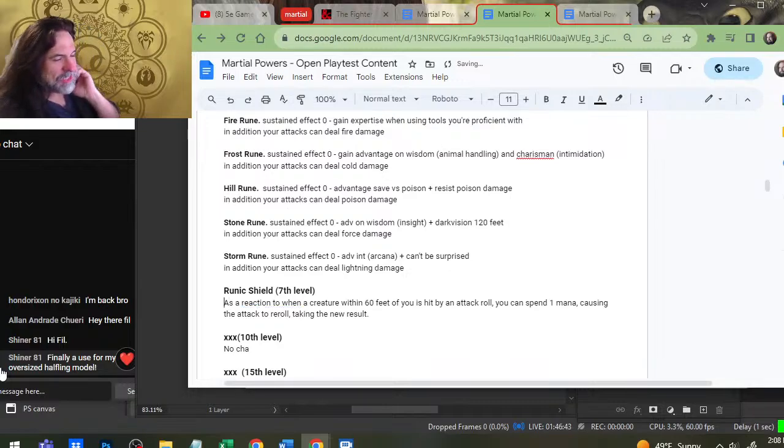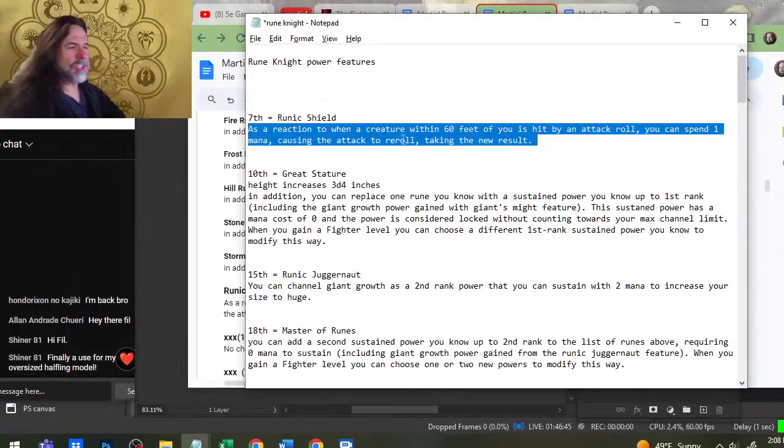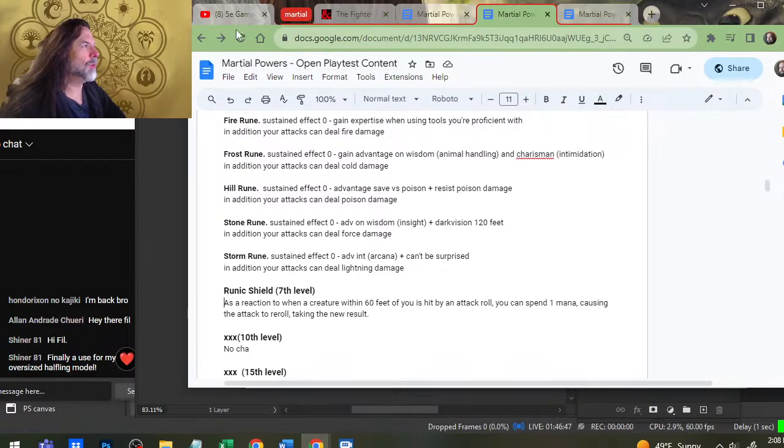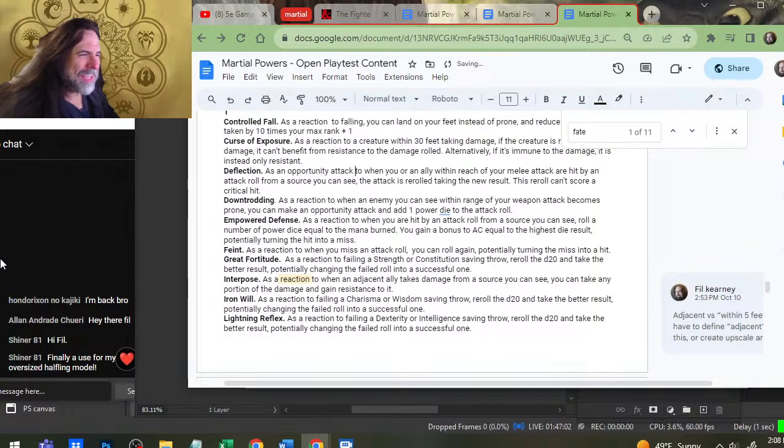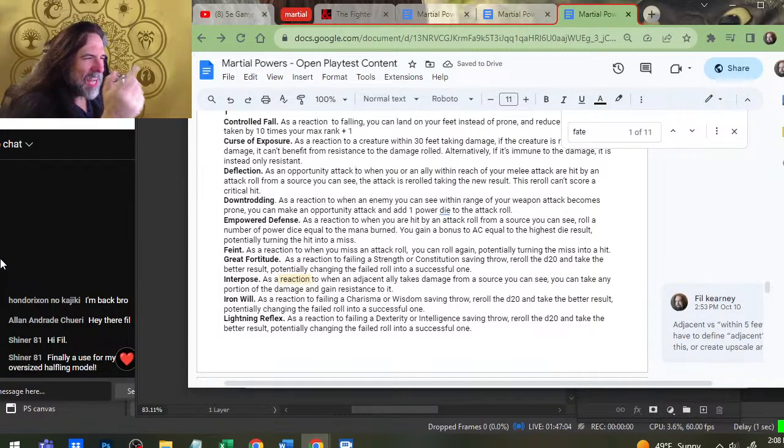The difference here is deflection is any creature that is within melee range of you. Oh, as an opportunity attack. Oh my god, that's so fun. As an opportunity attack. Okay,